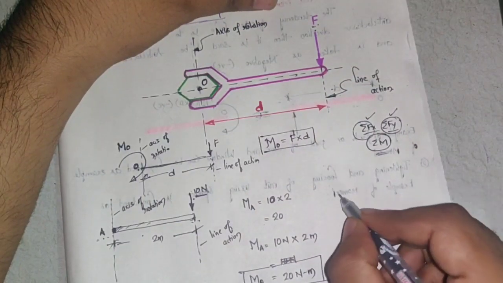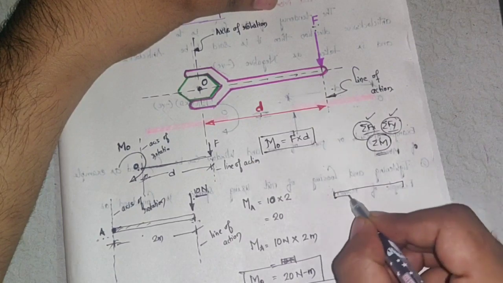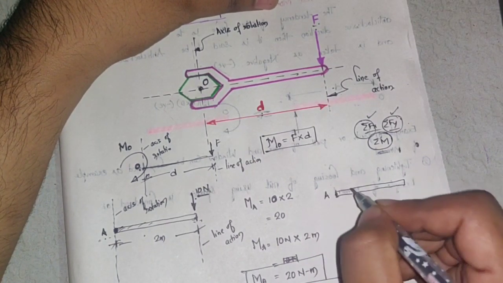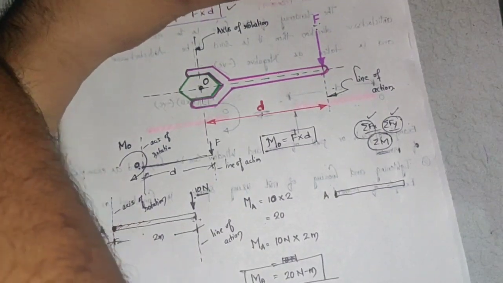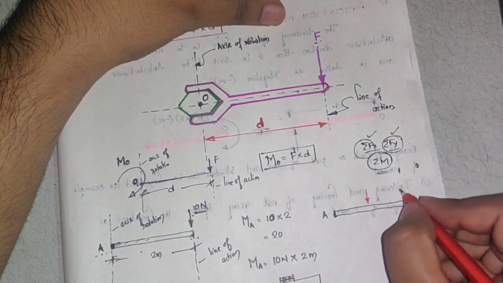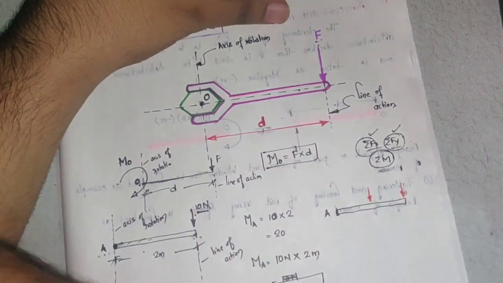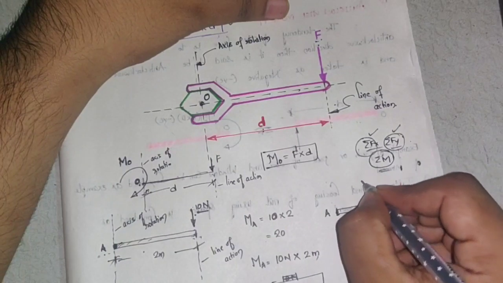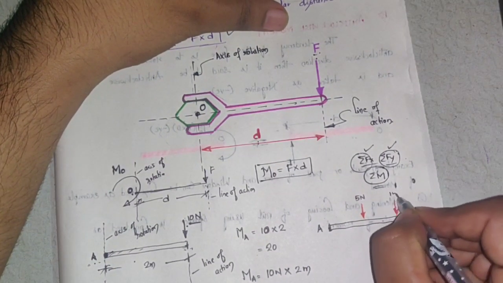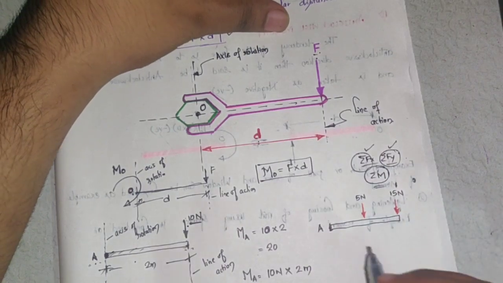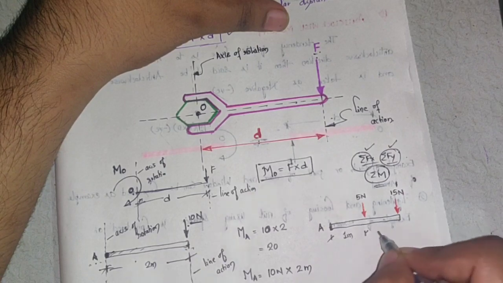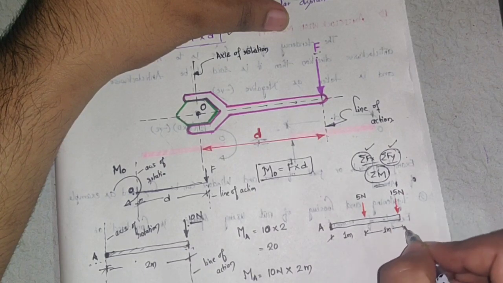Let us take one more example. I'll take one more object, and call this point A again. This time I'll take two forces. This is one force, and this is another. The magnitude of this force is 5 Newtons and the magnitude of this force is 15 Newtons. The object length from here to here is 1 meter, and from here to here it is 1 meter.